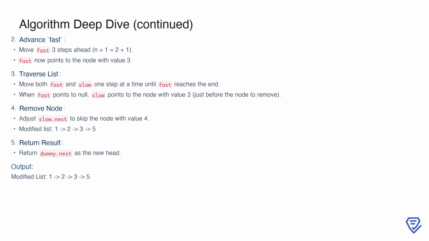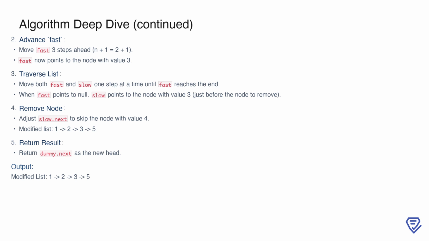To remove this node, we adjust the next pointer of the slow node to skip over the target node, effectively linking it to the node with value 5. The modified list is now 1-2-3-5. Finally, returning dummy.next gives us the new head of the list, which excludes the removed node. This example demonstrates the elegance and efficiency of the algorithm in handling the task with minimal traversal and no additional